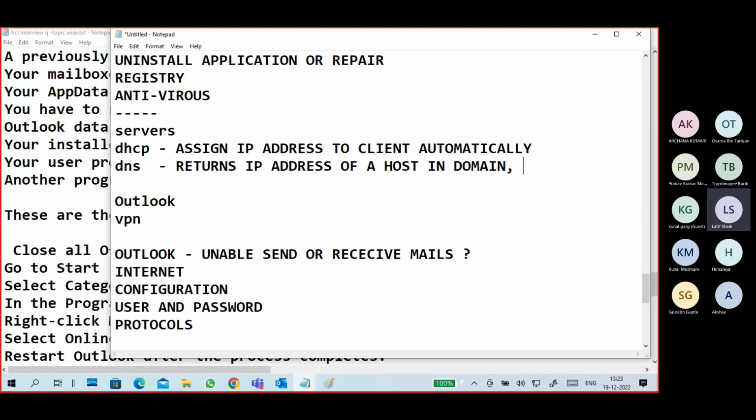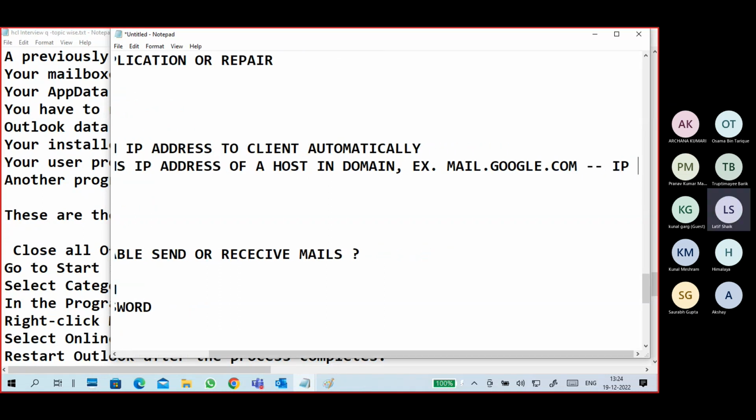Example, mail.google.com. You open this mail and you will get an IP address.